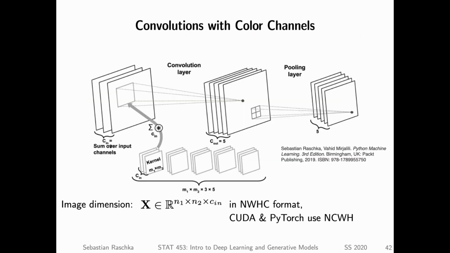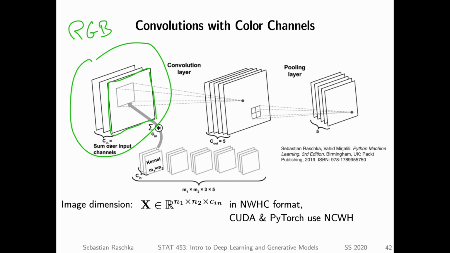We have not really talked about color channels yet, and the networks I just showed you were applied to color images. So far, we only worked with very simple datasets like MNIST. So how can we incorporate color channels now in our convolutional setup? It's actually pretty straightforward. If we have an input image, for example, here, with 3 input channels, these are the RGB channels,